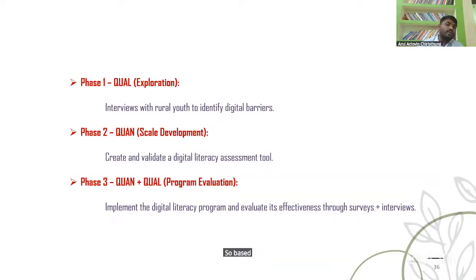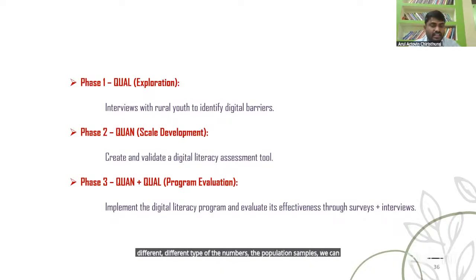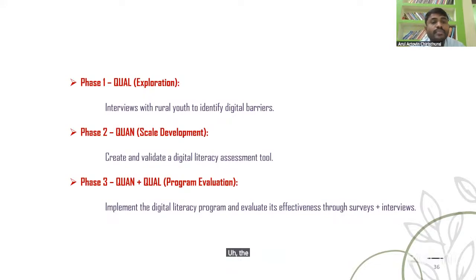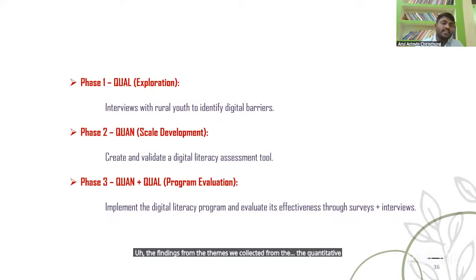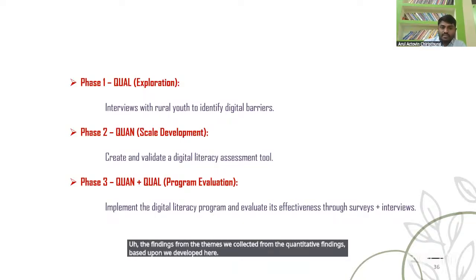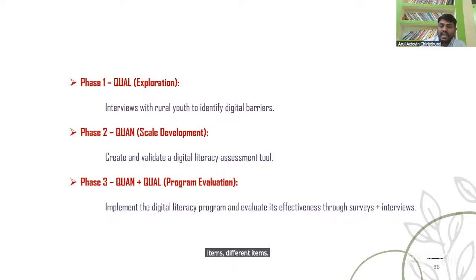Based upon that, we can go for the development of a scale through the quantitative phase. From the themes we get, we develop different scale items.